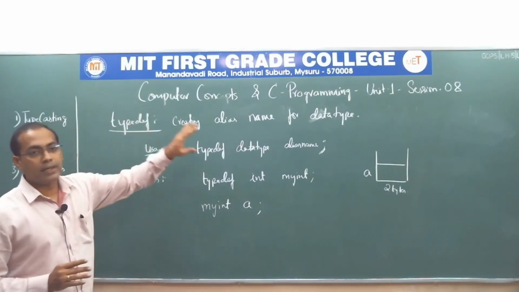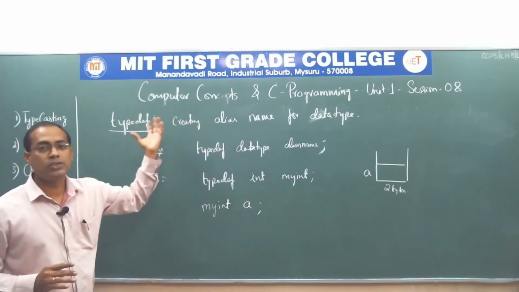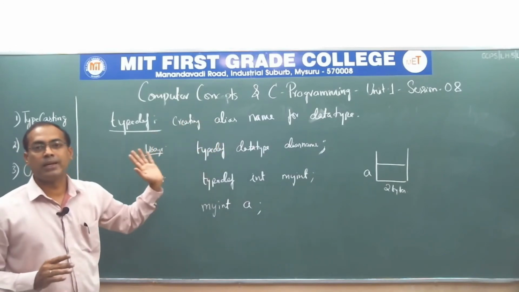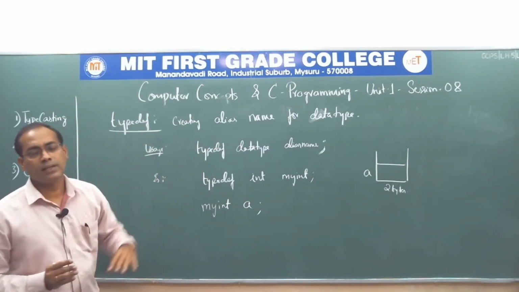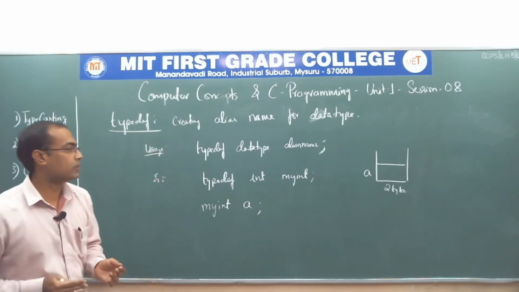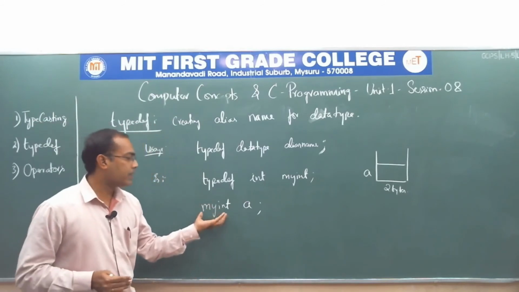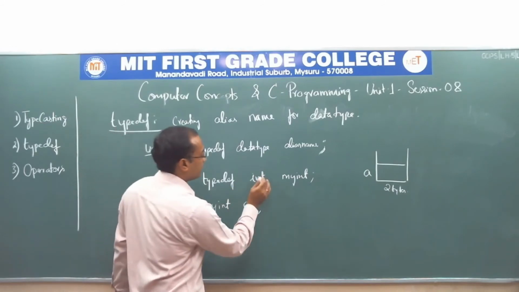It is just referring to an alias name, or it is just used to give an alias name. So it is better to learn this as a separate concept, that is my opinion. Don't put this in the different types of data types. I hope you have understood. So wherever you are using my int, it means that it is an integer. If you have not understood, we'll take one more example.